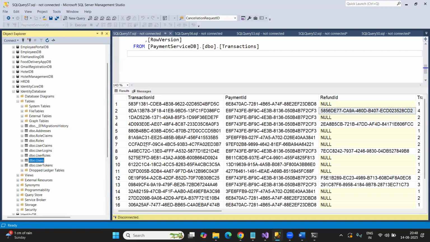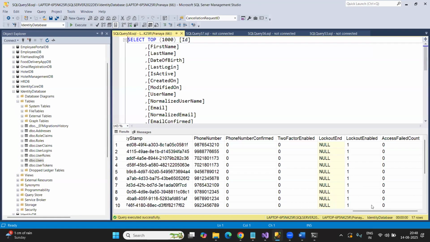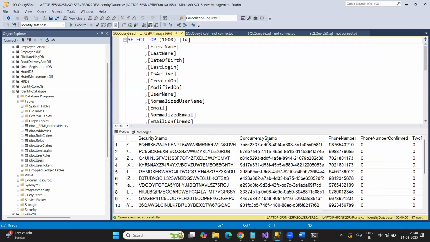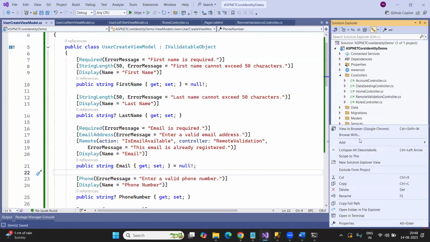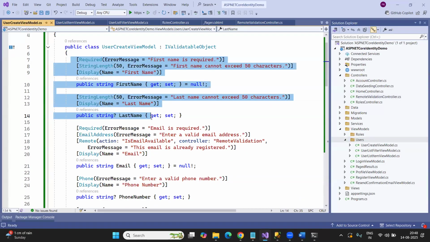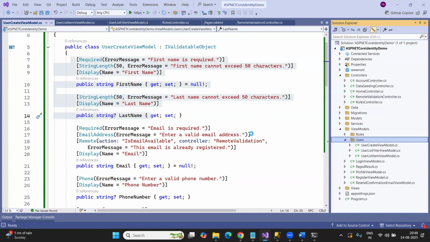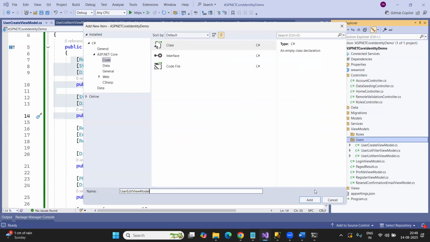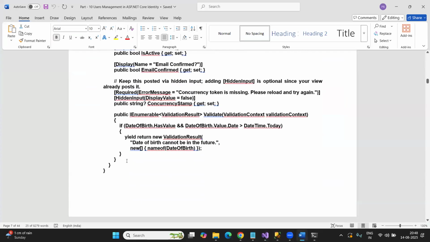For handling the concurrency, which column are we going to use? The concurrency stamp column. Is Row version required? Concurrency stamp. So these two columns are required, right? So what I'm going to do is create the view model. Whatever properties I defined here, plus I'm going to add two more new properties. So let me go ahead, user edit view model, and in this view model,